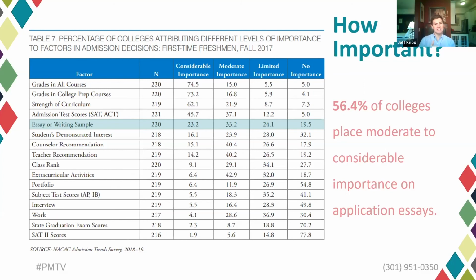This table, and I say this every time, is not the secret formula for college admissions. There are colleges that don't accept any student writing. There are colleges that you don't have to write an essay in order to apply. And so where it says essay and it looks like it's ranked number 5 on this list, well, there might be some schools you apply to where the essay has no importance, and they're in that 19.5% you see. There are schools, obviously, that are test optional now, more now than ever before, and so the SAT or ACT might not be as important or even necessary in some cases for them to make a decision about your application.